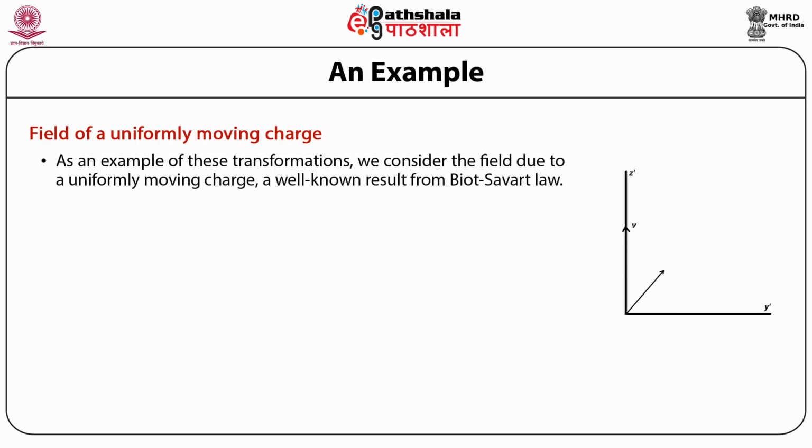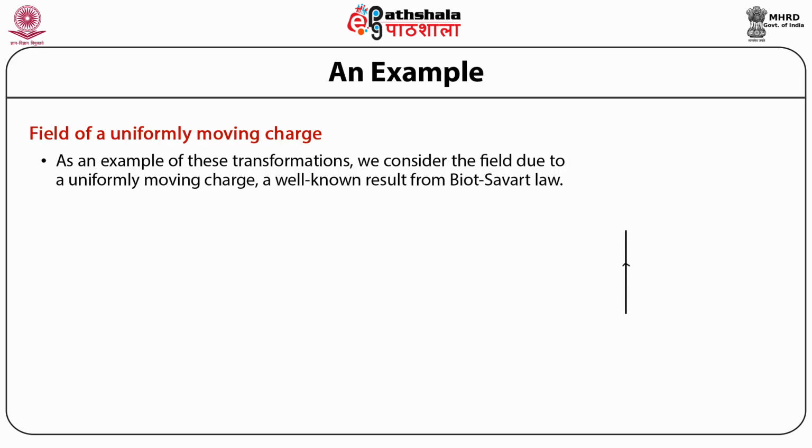Now let us consider an example in which these transformations occur for a uniformly moving charge. That is how the fields will transform for a uniformly moving charge, which we commonly refer to as the Biot-Savart